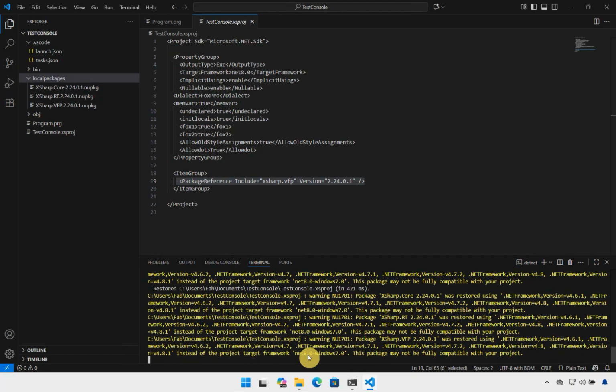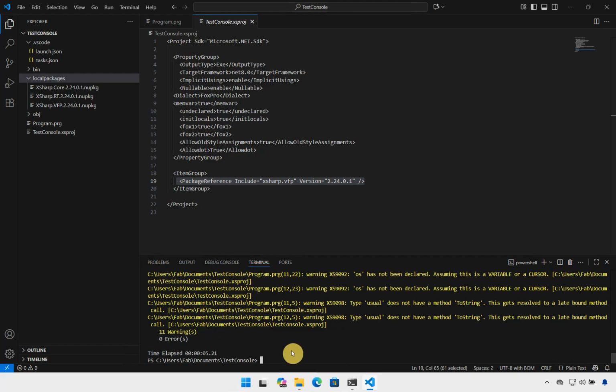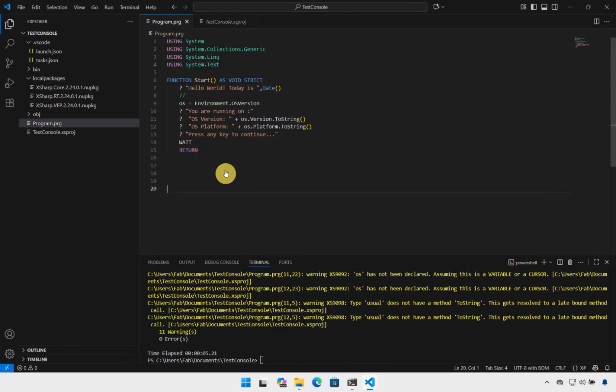Okay, so my application has been built. There are several warnings due to my code because I'm not declaring this local, the type usual, because the local has not been declared, so XSharp is using a special type for this kind of local. But what I can do now is .NET Run,